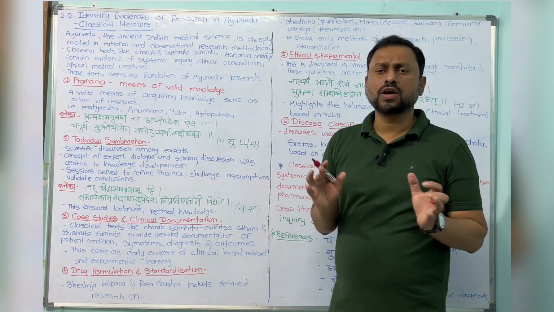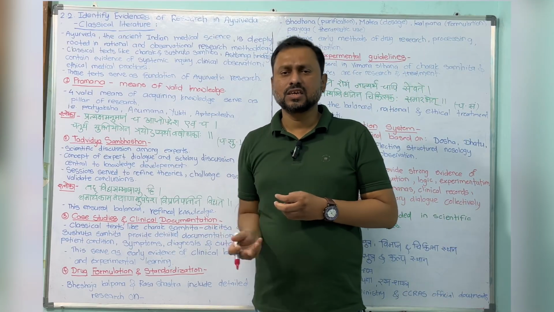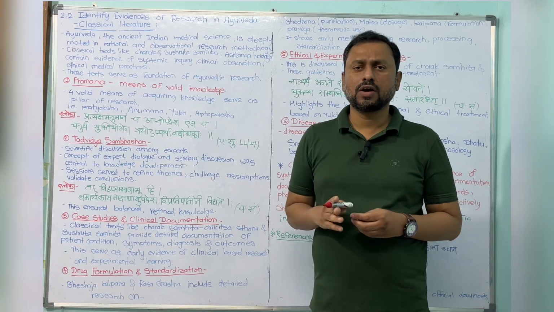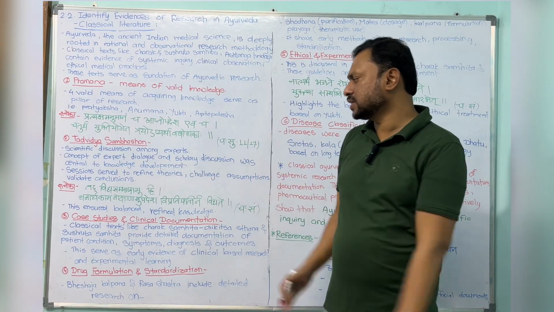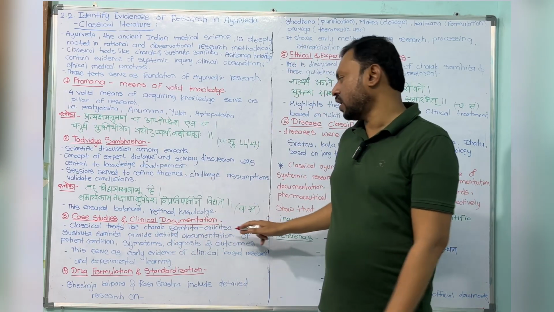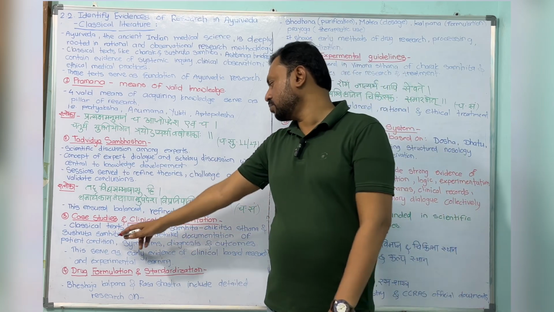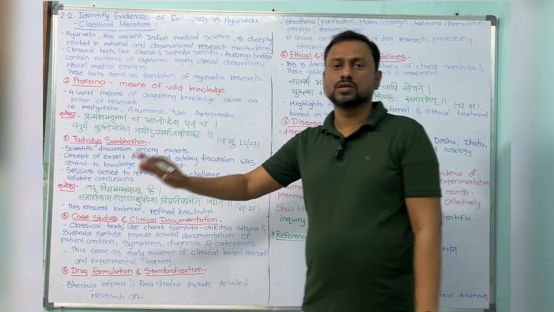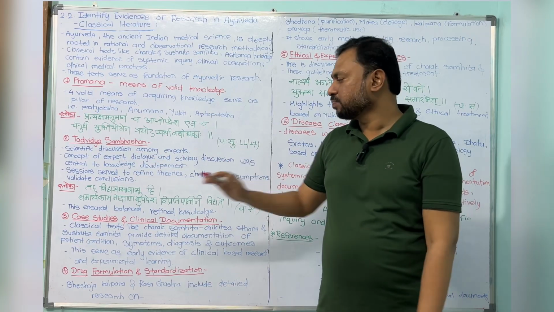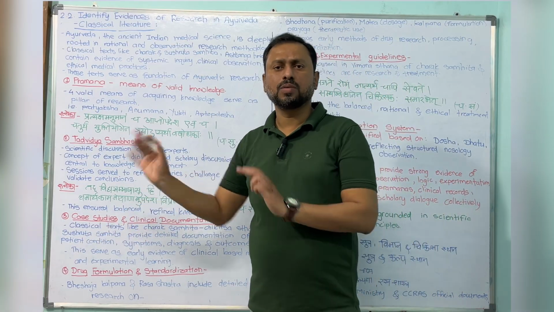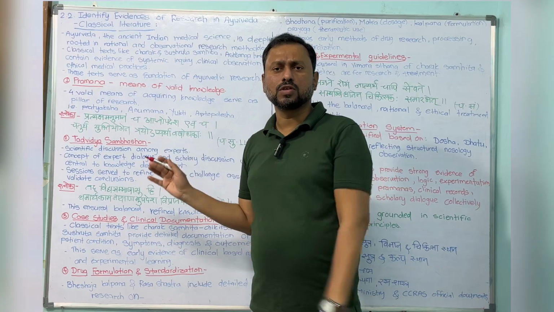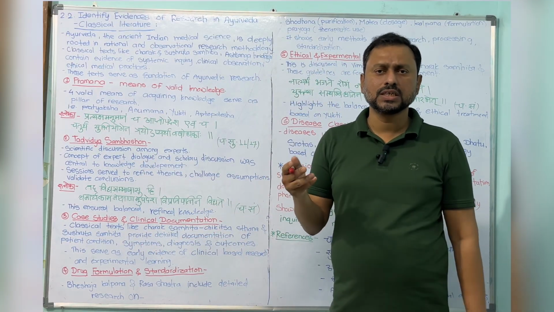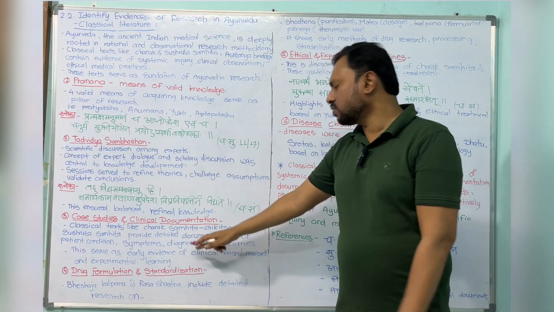Nowadays, for different research, we are doing case studies and clinical documentation. In the previous time also, our ancestors did the same things. The classical texts like Charaka Samhita, Chikitsa Sthana, and Sushruta Samhita provide detailed documentation of the patient's conditions. In that text we can find the patient's anatomical and physiological features as well as the symptoms. If any disease is there, how the patient is complaining, the symptoms as well as diagnosis.